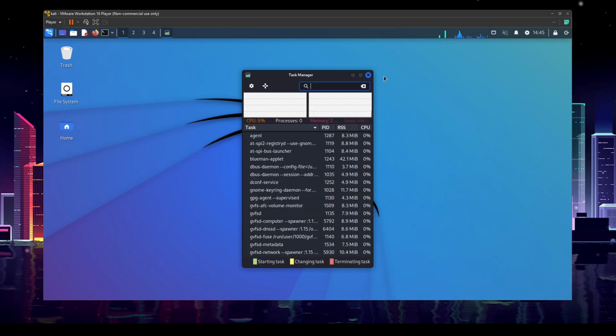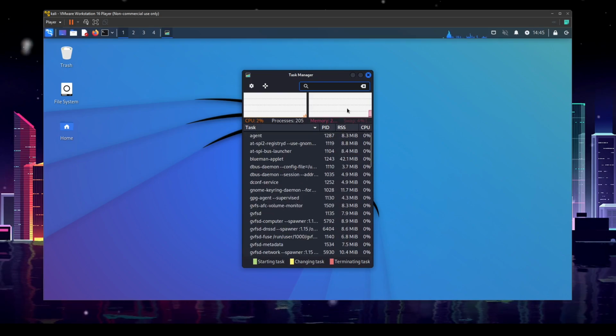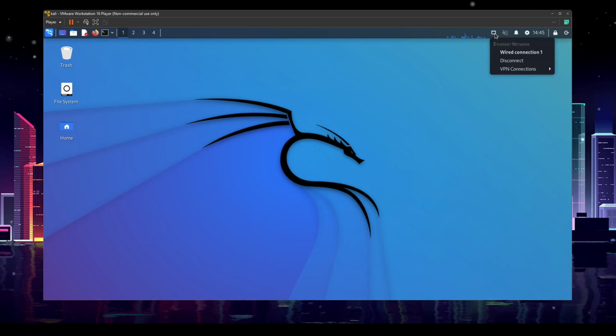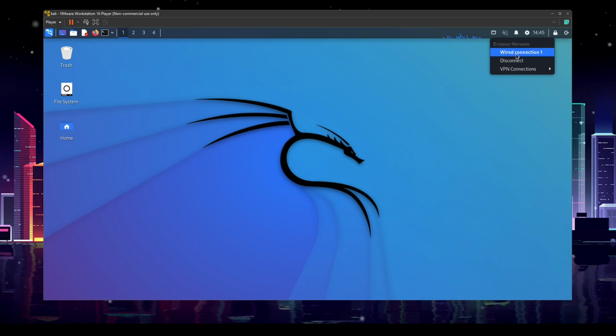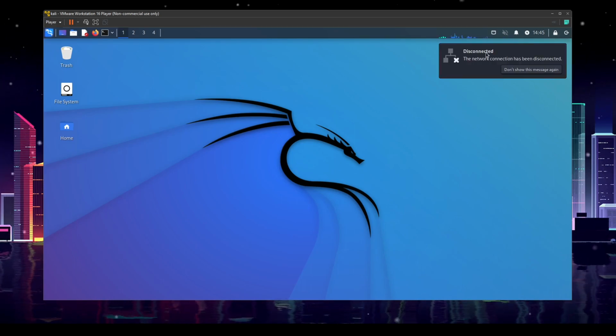Over here we've got our task manager. If you're familiar with Windows, you know what this does. Shows you all of your processes that you have running, as well as your CPU and memory usage. Right here we've got our Ethernet or our Wi-Fi if you're using it. You can choose to disconnect. You can connect to a VPN. You can,